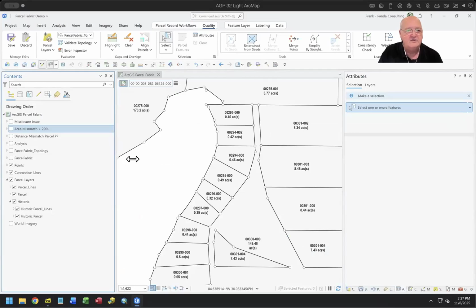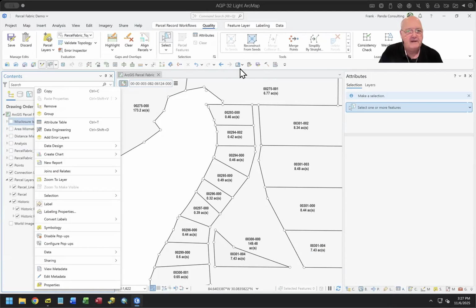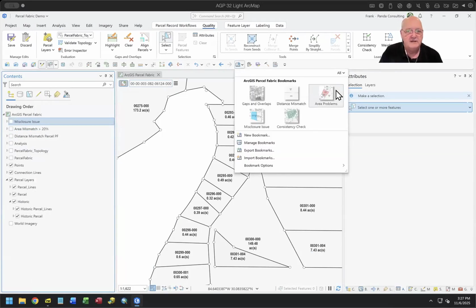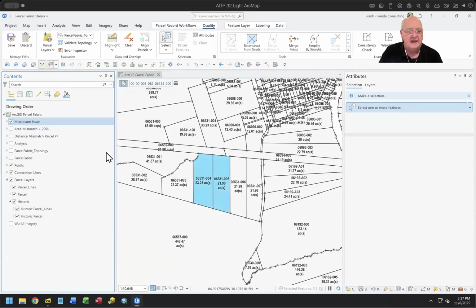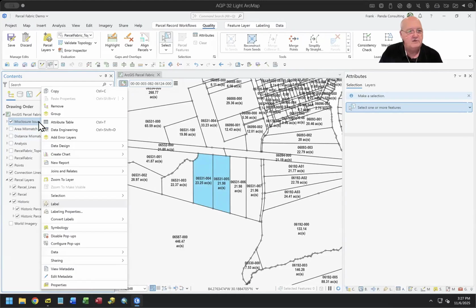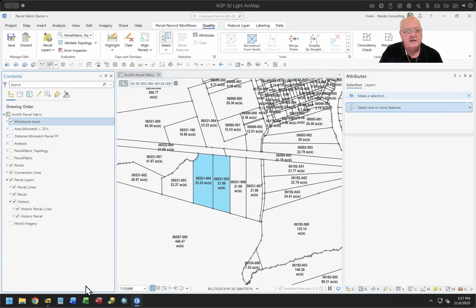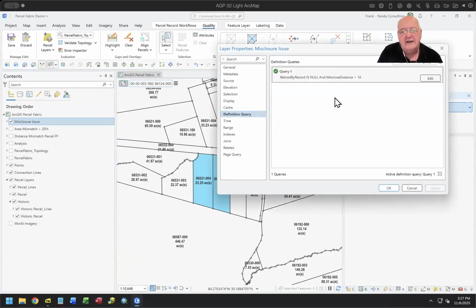Well, you can actually go and search for that. And we actually have here an area. Let's go over to it. Let's look at misclosure issues. If we go in here, we have a couple parcels. If we look at the definition query we have here, we're saying that the misclosure distance is greater than 10